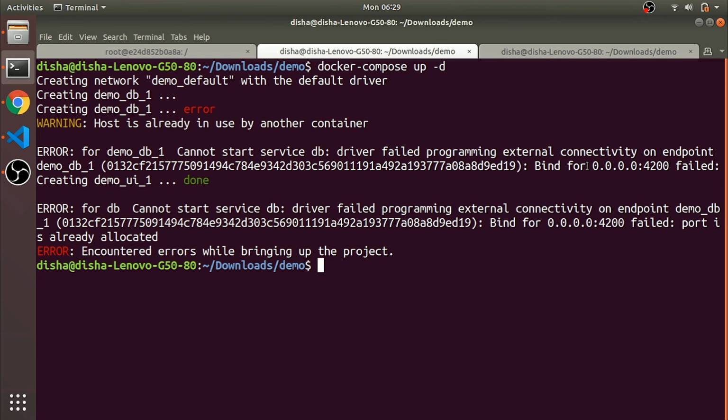Some other project is already running on 4200, that's why. So we'll run Docker Compose down, which stops that container. It means port 4200 is in use on the host system, so we cannot bind.